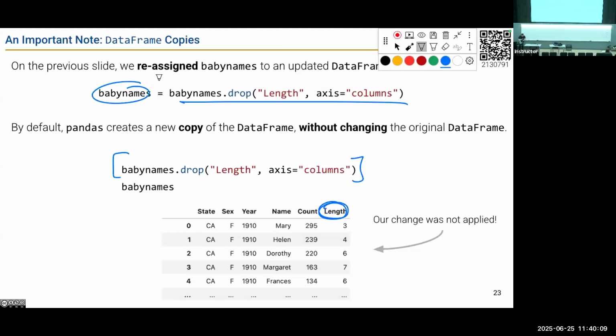There's also an argument you can use in most pandas functions called inplace equals true, where you modify an object in place without creating a copy. For the purposes of Data 100, I don't recommend using that argument. I try not to use it in a lot of my workflows because it can be kind of hidden. This makes it really obvious on the left side of your code, you read left to right, that you're overwriting the original data. But if you have some sort of memory constraint, where the data frame that you're manipulating is really, really large, it might be better to modify in place. For the purposes of Data 100, don't worry about it.